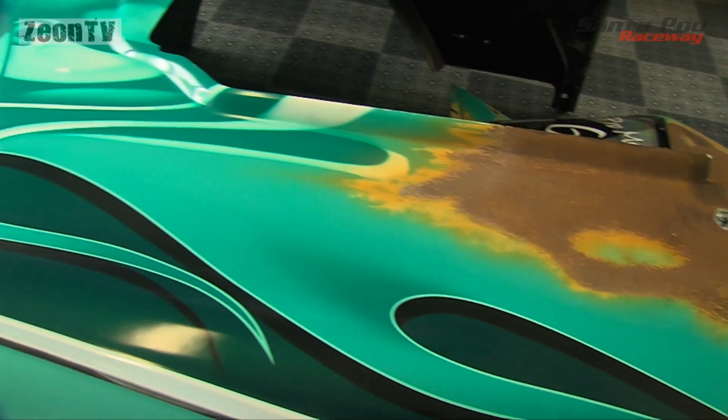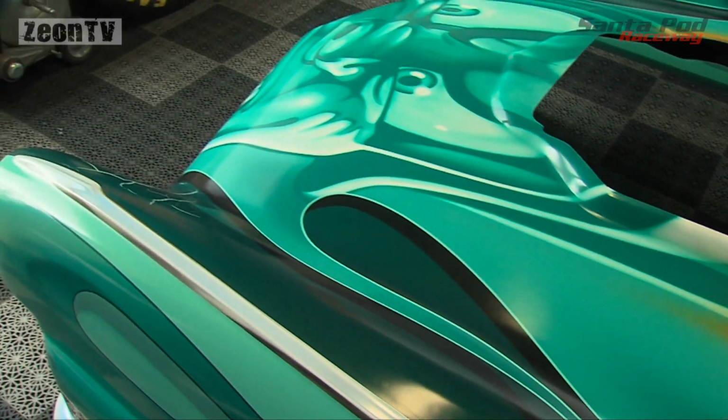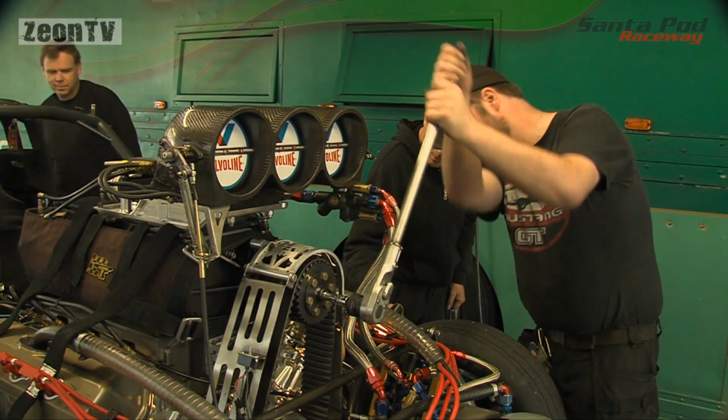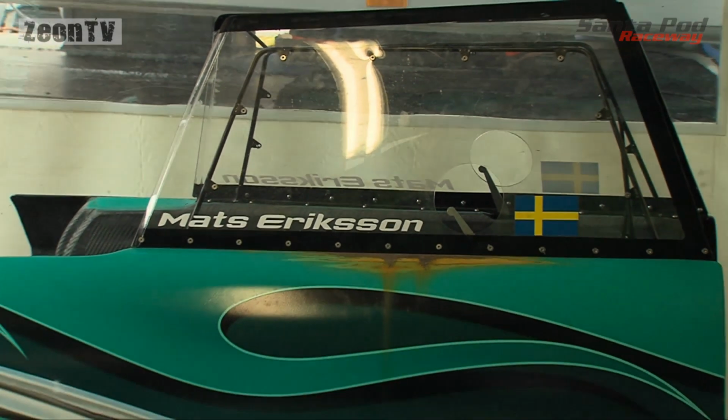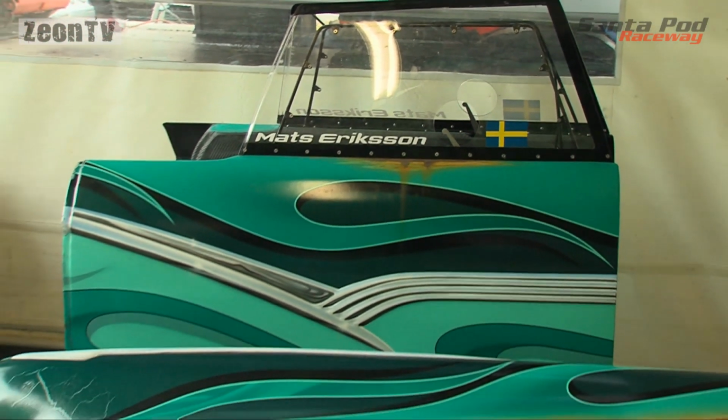And a welcome return for Sweden's Mats Eriksson in the outrageous looking Green Goblin. Yeah, we have made a lot of small adjustments, but the most important thing is that we have a new crew member, and that is Alan Flamholk. And we hope his experience from the States can help us a little to get on the track again, because we have been a little lost for a couple of seasons and have had some very good runs and some not so good, and now we hope we...